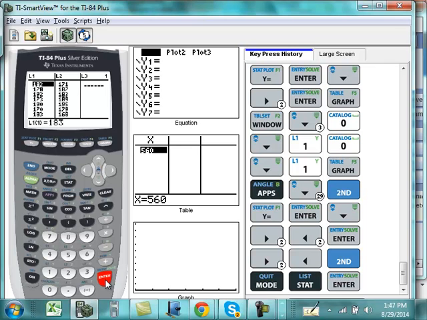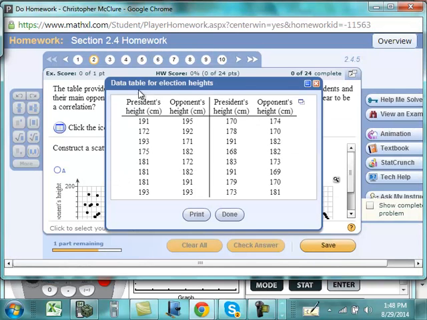So you could either press 1 or just hit Enter. And then what I want you to do, I'm going to give you a couple minutes to do this. Now under list L1 and L2, you're going to input this height data. So put the president's height in for list L1, which is that left list, and input the opponent's height into that second